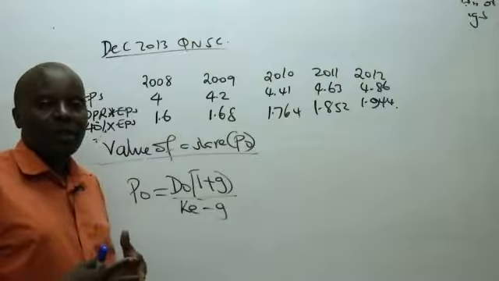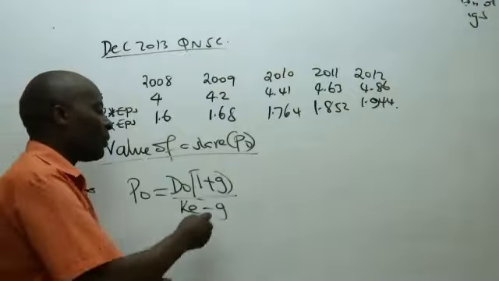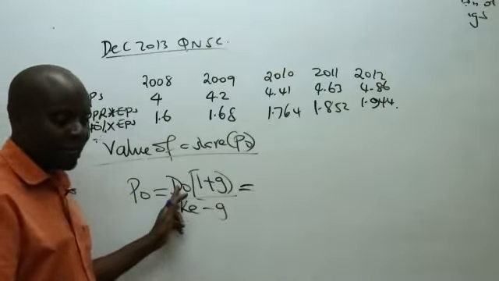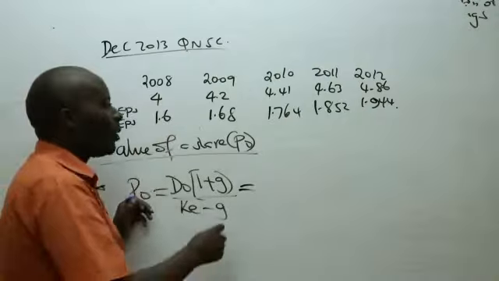Capital. Use the required rate of return. So, ladies and gentlemen, please come and substitute for us. Remember, the current dividend is not this oldest dividend. The current dividend is 1.944.